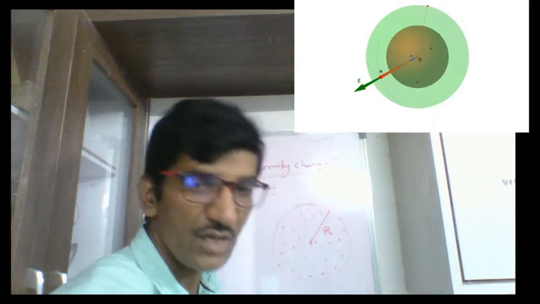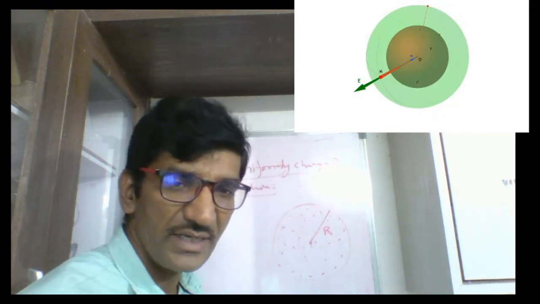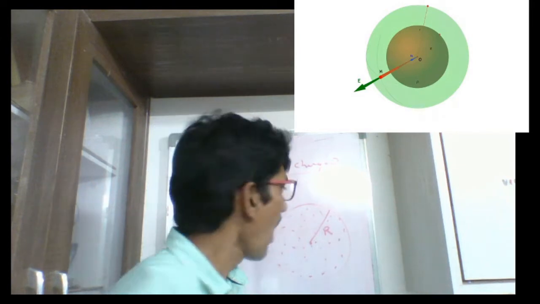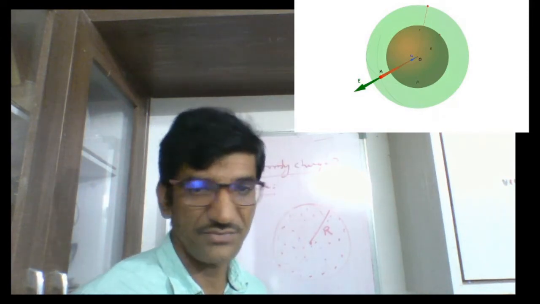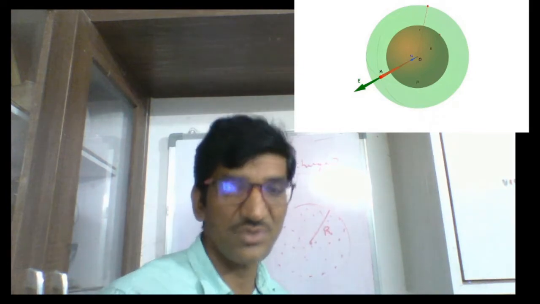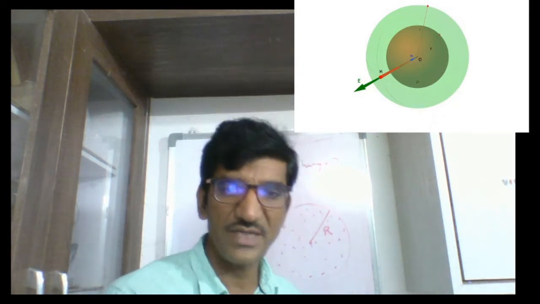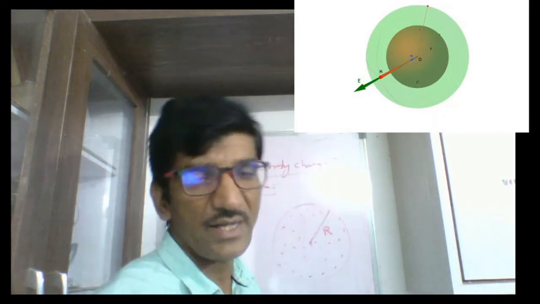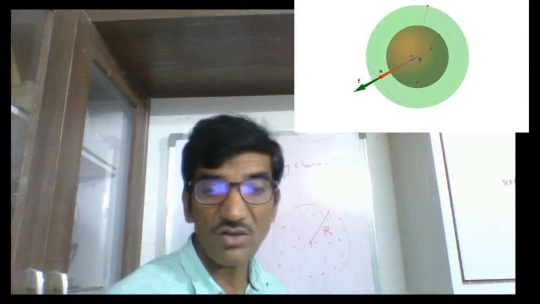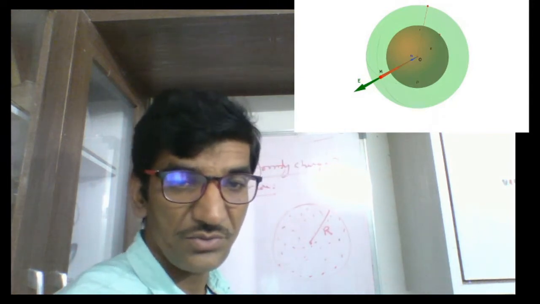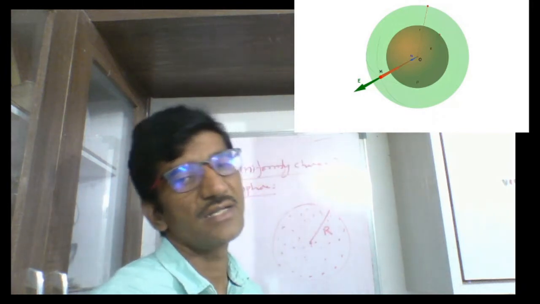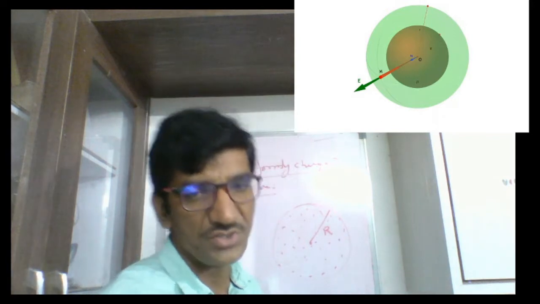Now you want to know the electric field in and around this solid sphere by applying the Gauss law of electrostatics. How much charge is there? If you are given the solid sphere without charge, then there is no question of finding the electric field by using the Gauss law. Because whenever you apply the Gauss law, on the RHS you have Q. When Q is equal to 0, you have flux 0, integral E ds is 0. That means E is also 0.